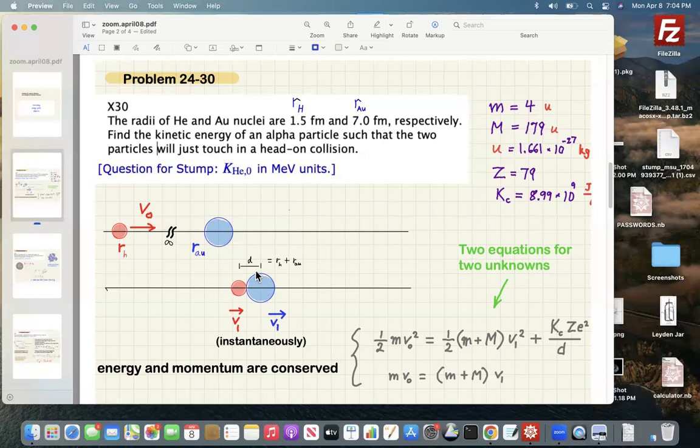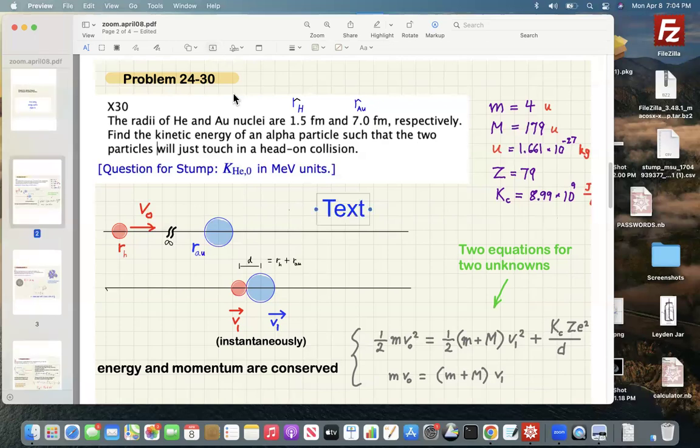The nucleus has charge Z. So the product of the two charges is 2 times Z times e. So I see I have a mistake here. Two Ze squared, that's the product of the charges, times the Coulomb constant, which we've used since the beginning of the semester,